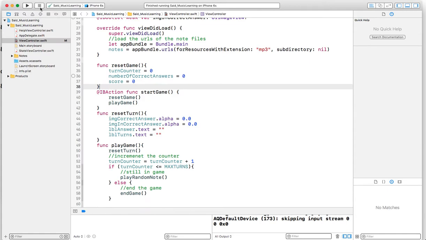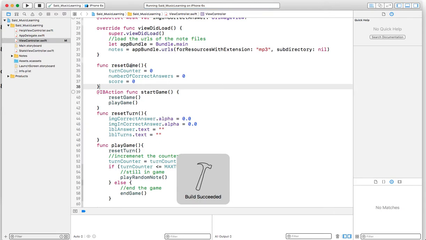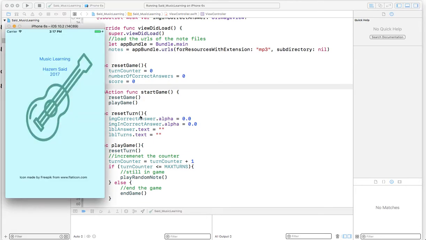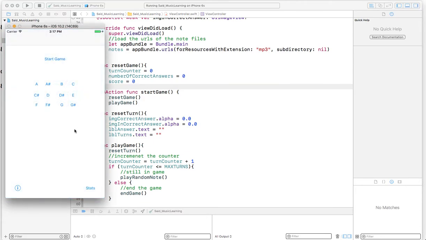So let's try now. And the score and the number of correct answers are reset at the game level, not at the turn level. So remember, we had a reset game and a reset turn. So far, the reset turn only resets the images of the feedback mechanism. So we answer